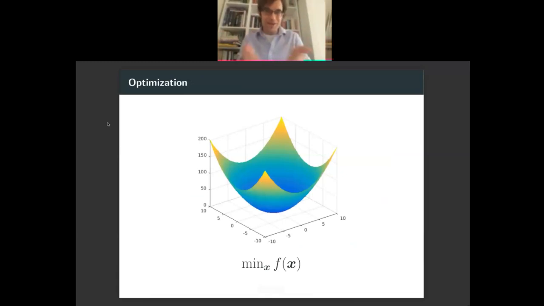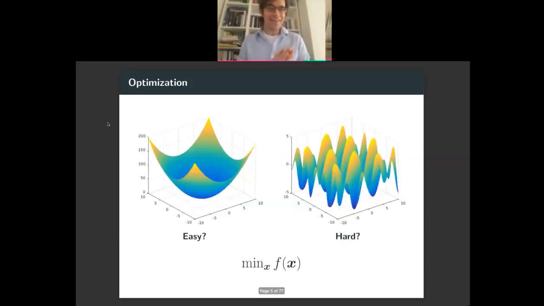Okay, so I don't need to tell you what optimization looks like. We have an objective function, f of x. We try to make it small. I probably also don't need to tell you that there are some optimization problems for which we can do this, and there are others for which we really can't. In particular, if I look at the objective function on the left, this function is nice, bowl-shaped. By using local information, I'm going to be able to take actions that take me towards the global minimizer.